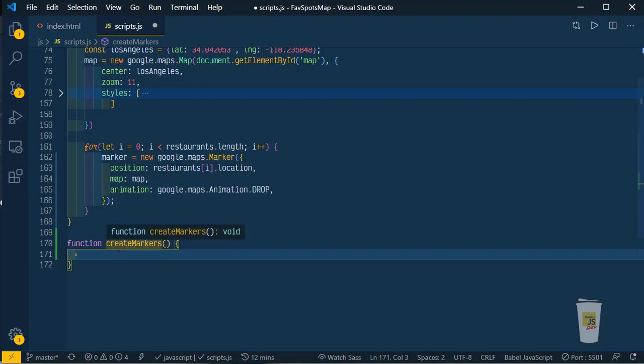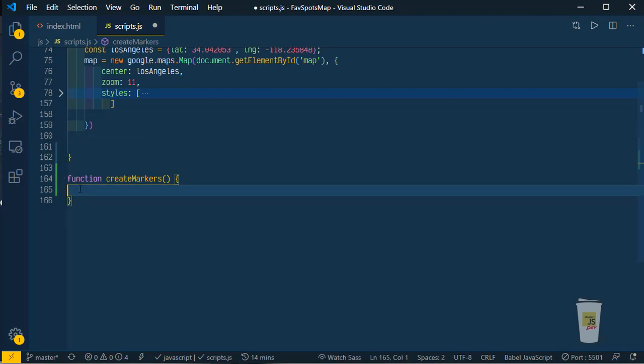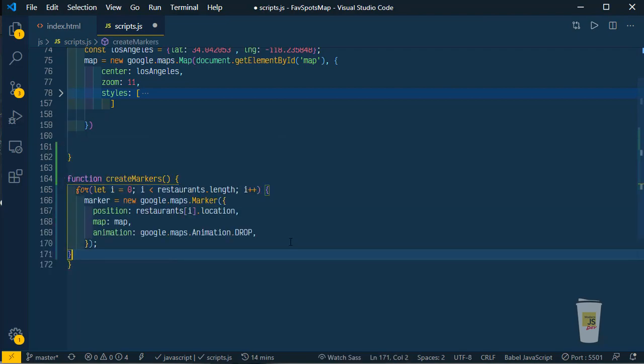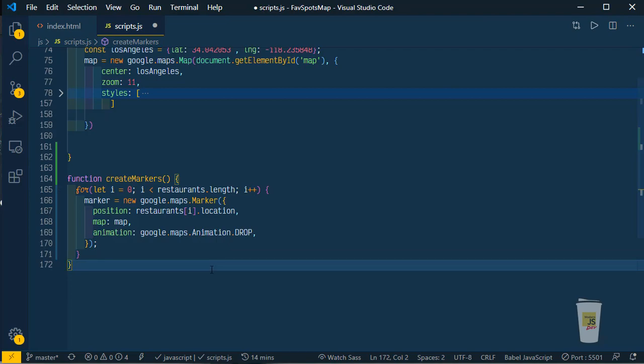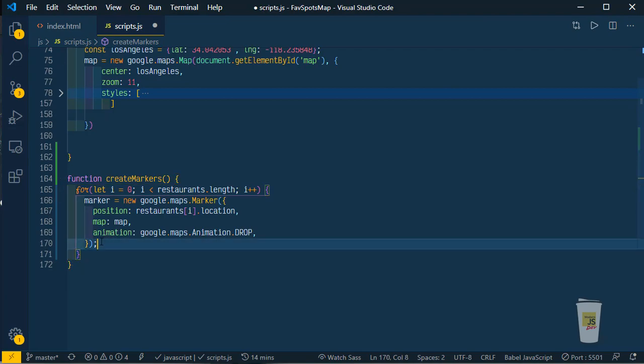Simple enough, I'm going to move this inside. Perfect. Okay, and down here, still inside the for loop,